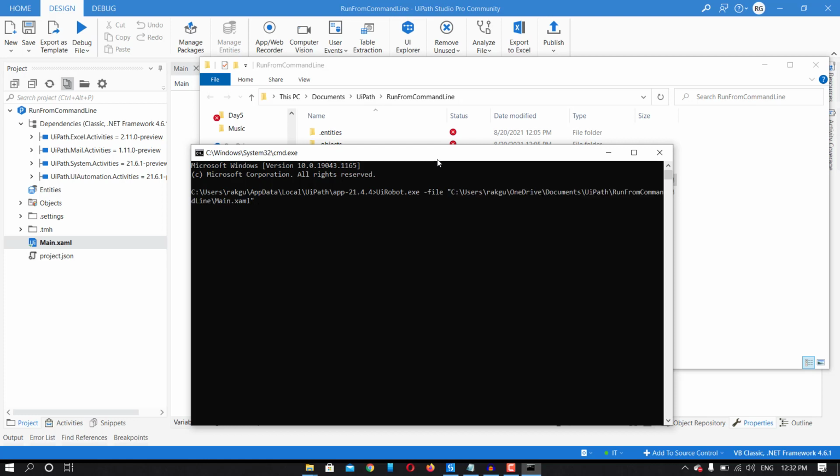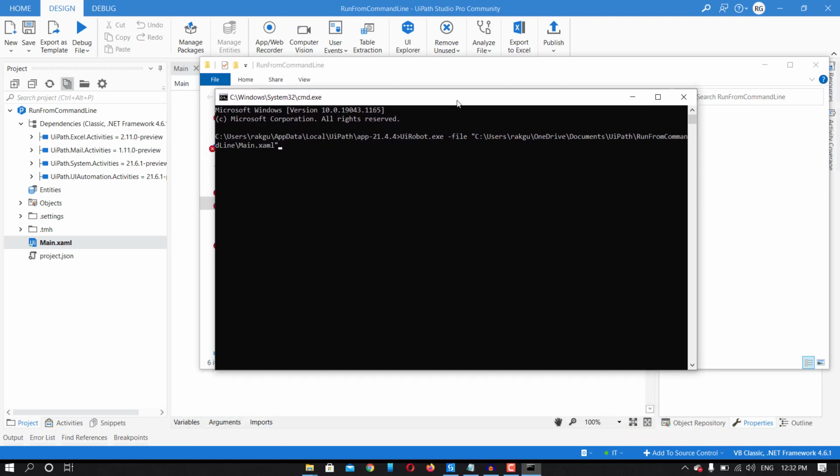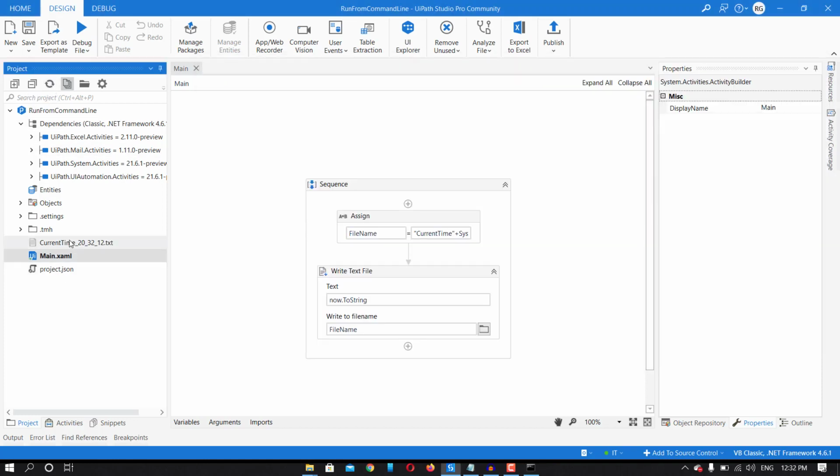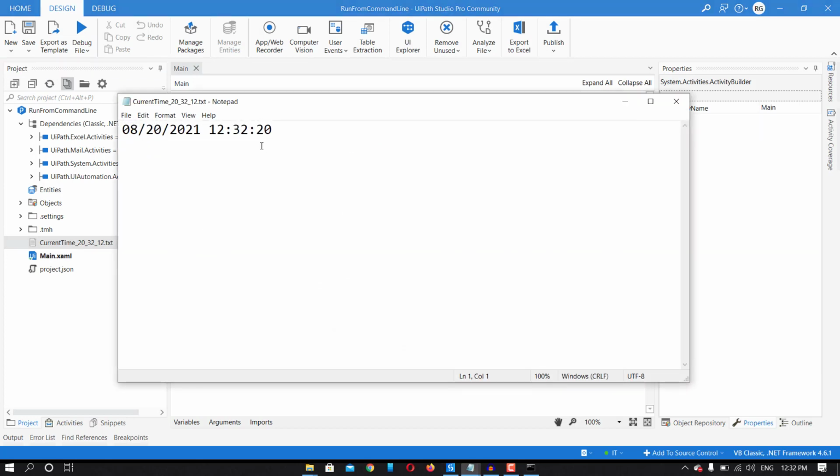So this command will execute our robot with the help of the command line. If I press enter here, you will see, so it's working. The job has been executed.